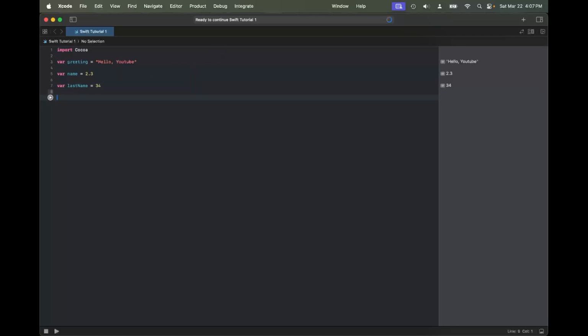They can't be strings though, they have to be regular numbers and integers, but I can say name plus last name. Well, let's change this to 2. And yeah, this again, it should say 36. Yep, there you go. But yeah, you can do addition, basic arithmetic like addition or